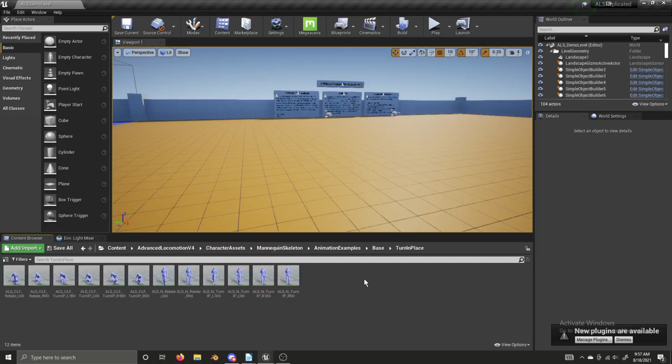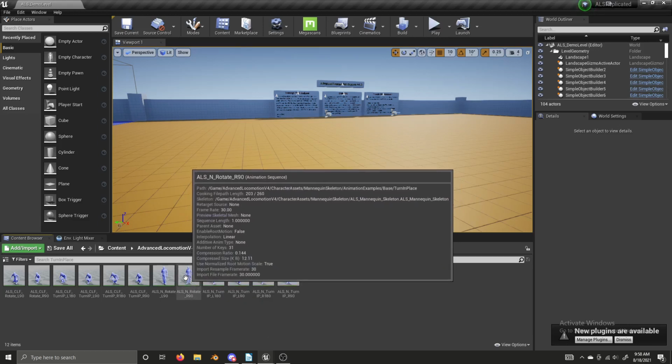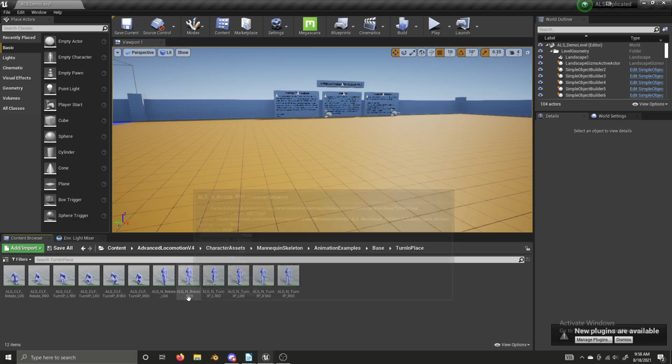Hey everyone, I've actually started out this video in the Advanced Locomotion project because we're going to be using a couple of animations from it. We're going to be using ALS in Rotate R90 and ALS in Rotate L90. You can get to them through this file path inside the project, and you can use any version of the Advanced Locomotion system, Blueprint, C++, replicated one,